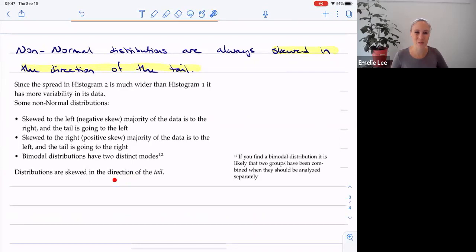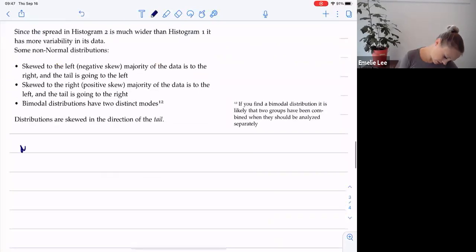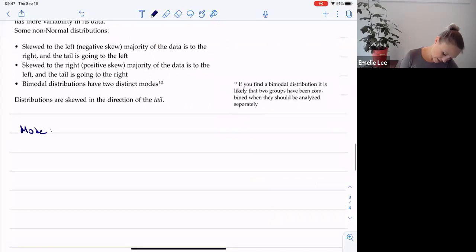Here it is. Distributions are skewed in the direction of the tail, but I already highlighted that here, but it doesn't hurt to see it again. Okay. So the last distribution is the bimodal distribution. Now the mode is just the most frequently occurring data point. Okay, and so the mode, I'll put it in here, is the most frequently occurring